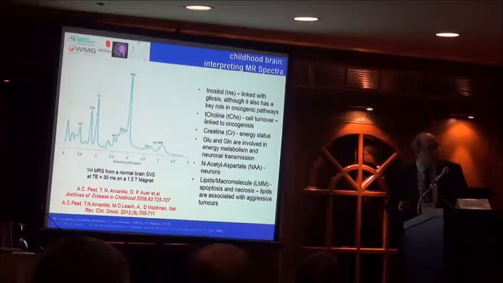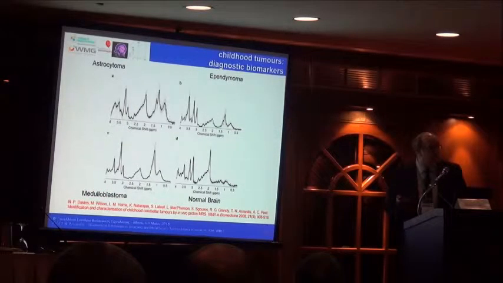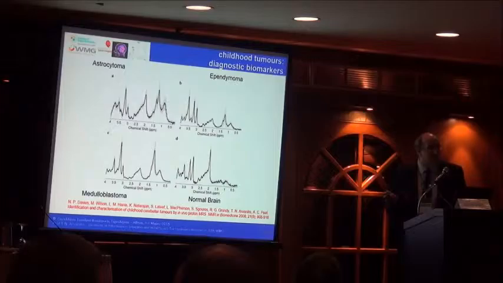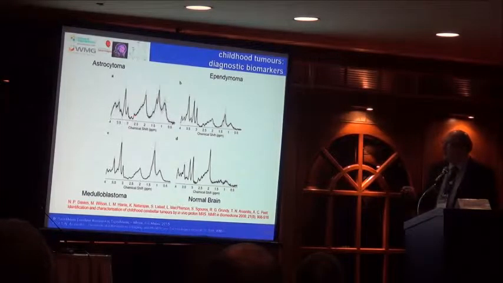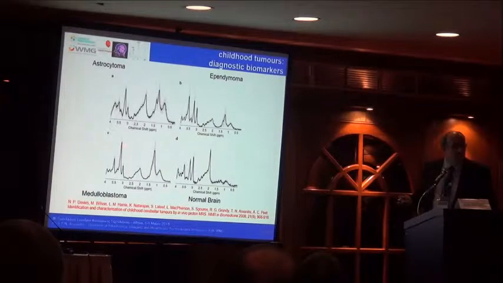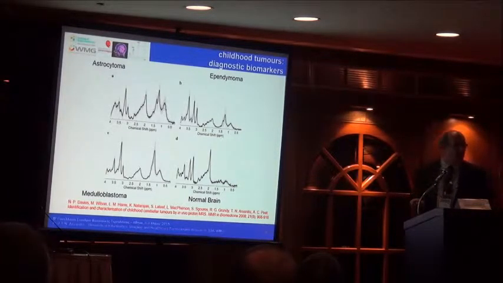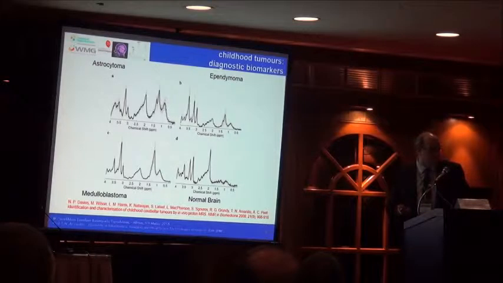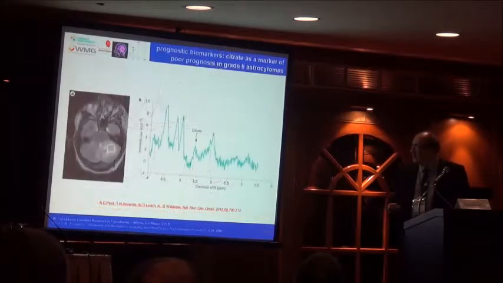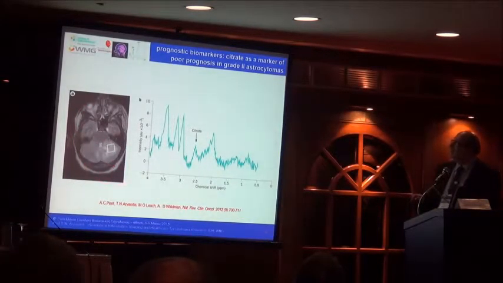And now that information we want to combine with other elements. And actually, it's very, very powerful because if you look at the three important types of tumor in children, medulloblastomas, astrocytomas, and glioblastoma, you can see that the profiles of the spectra are obviously different. So even some simple pattern matching allows us, if we compare them to normal brain, to be able to do diagnostic discrimination.